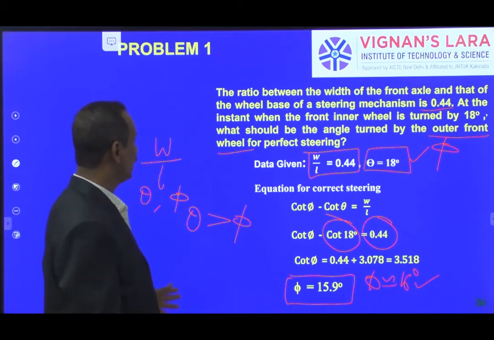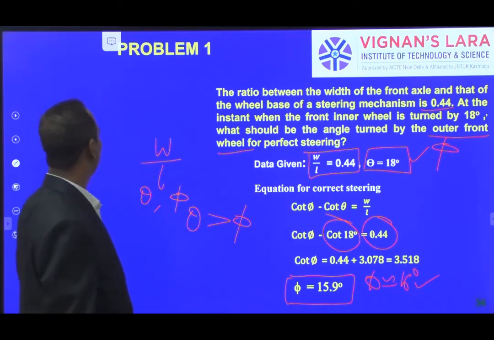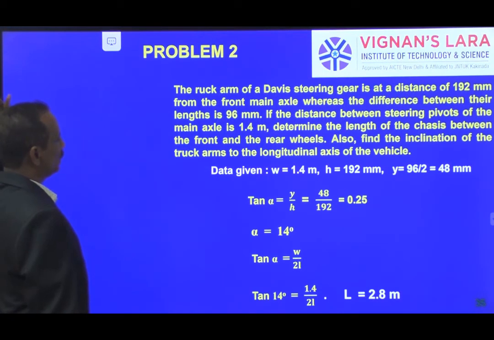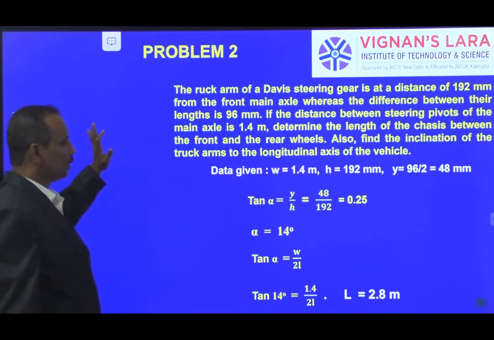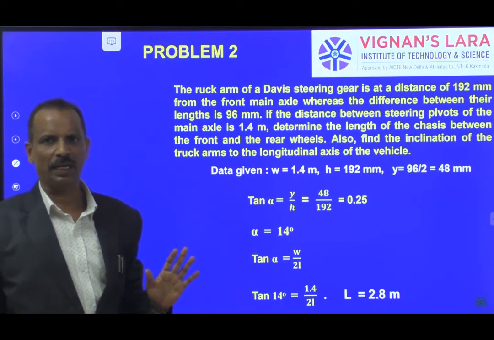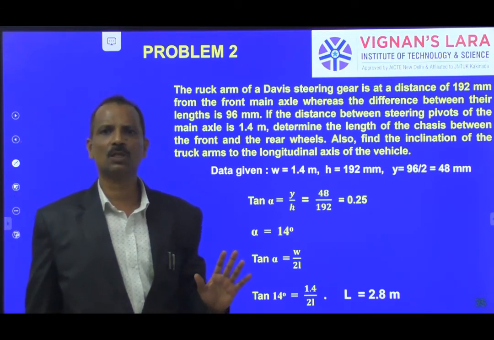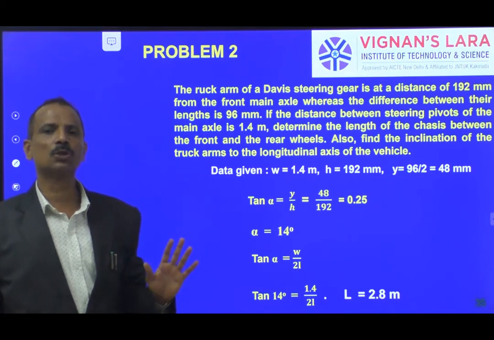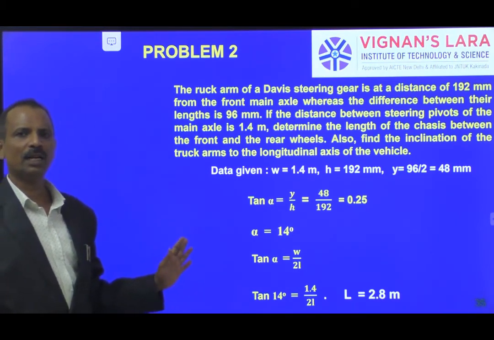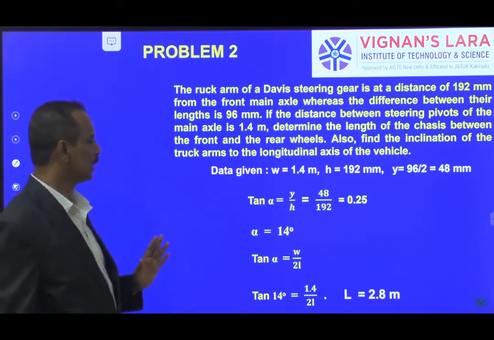Suppose it is asked in the examination; if you don't know how to apply this, it seems to be a bit difficult. So let us see another problem. This is also a substitution problem. In steering gear mechanisms, the problems are of the direct substitution type. So you practice them, and even straight line mechanisms are simple substitution type problems. Only the basic equation which you get in the derivation is used to solve the problem.